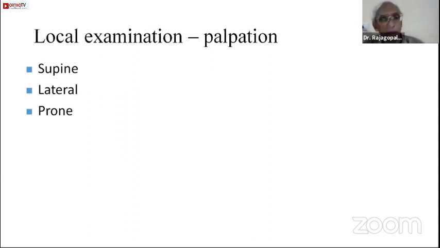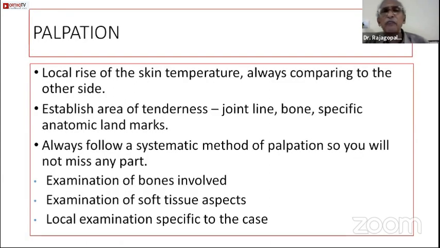So coming to the palpation again, when necessary in supine, lateral and prone position, it always starts with the local rise of skin temperature, local warmth compared to the opposite side, and areas of tenderness. It is not just the joint, the relevant bones, adjacent bones, specific anatomic landmarks relevant to that joint, and always follow a systematic method of palpation, so that you do not miss any part. You should cover all the involved bone, soft tissue, and then you will have a local examination specific to the